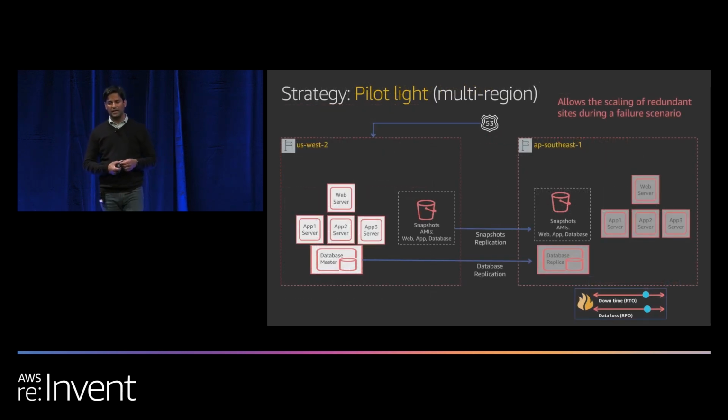And the second strategy is pilot light. Again, in this scenario, RTO and RPO are better than the previous example. But here, you're replicating your primary data set into a DR region. There are tons of options in terms of replication. I will be covering that in the next segment. But essentially, you are replicating the data set and also the configuration. Very, very important. If you are doing CI/CD, please make sure you have a pipeline delivering the exact same code. Whatever you're delivering to your primary region is also pushing the same code to a DR region, right? So why do we do that?